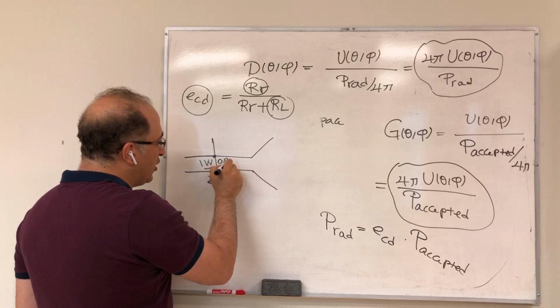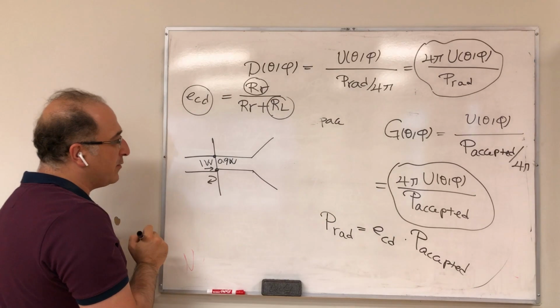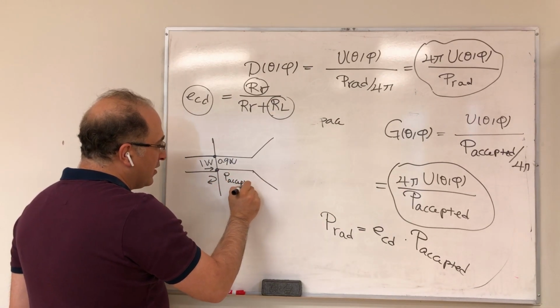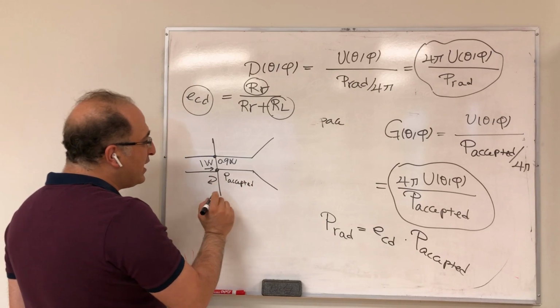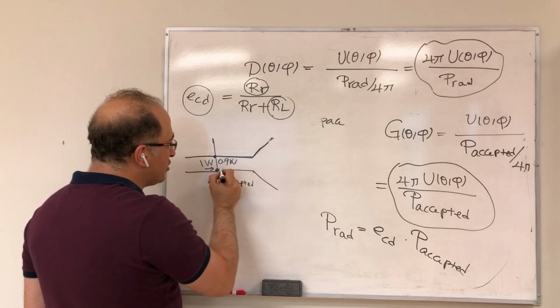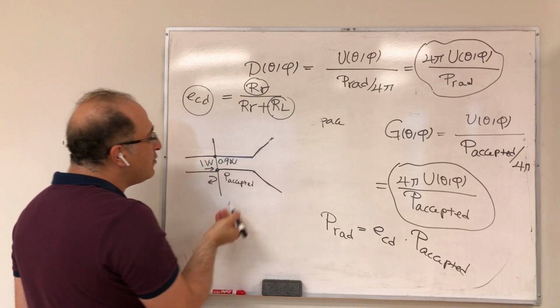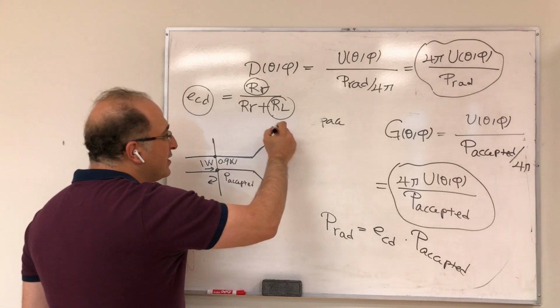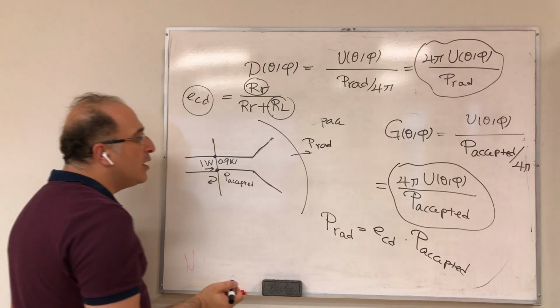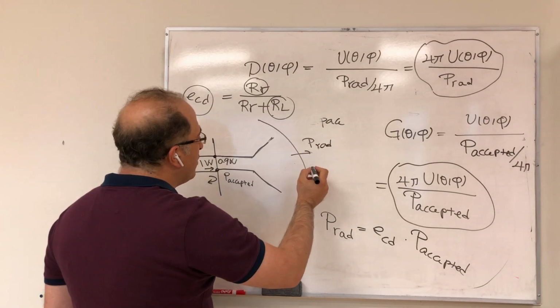Let's say 0.9 watt is going to go to the antenna. So this is P accepted, right? And this is P accepted, but then imagine you have a very lossy structure. So this 0.9 watt, when it's radiating, P radiated, total power radiated, becomes only, for example,